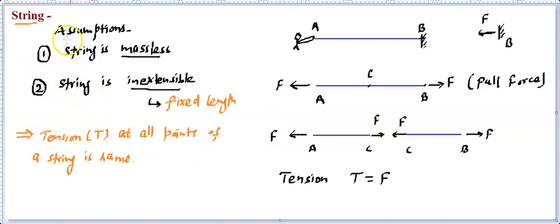So for a string, these are some important points that you need to keep in mind from now onwards. Just like we talked about a string, some important points, we will talk about the pulley, what properties or assumptions the pulley carries. Okay, so now look at this pulley. A pulley is a mechanical device that allows the string to pass over and it rotates. So this is in the form of a disc. You might have seen this disc or pulley in your daily life somewhere. It's like hinged at this center point, and it can rotate freely in both directions.